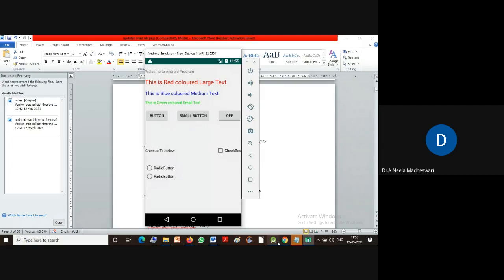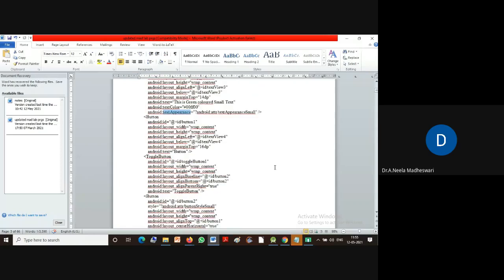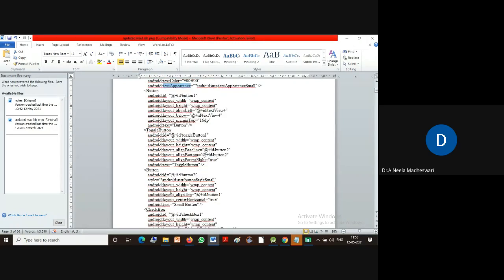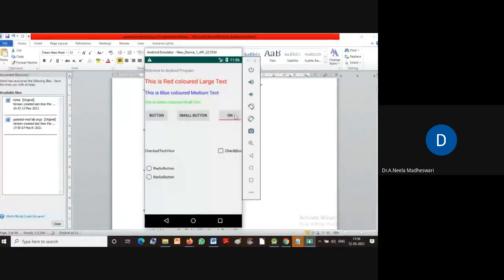You can see here we have added 2 buttons, right? Button and toggle button, and one more button, small button. So this one is your toggle button. You can see here off and on toggle button. By default, it will give the text on or off, like our switches, right?